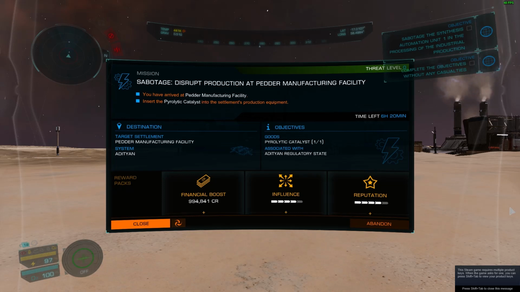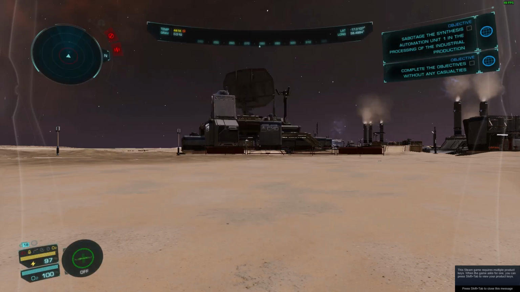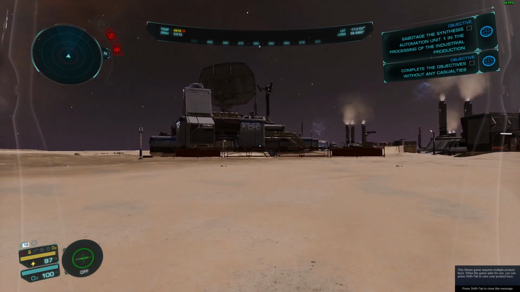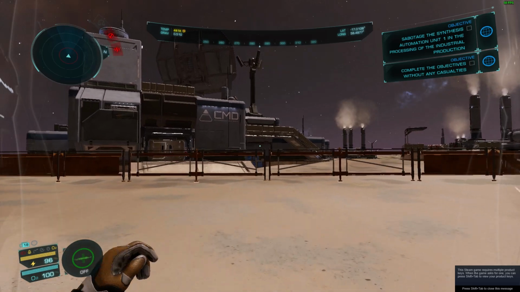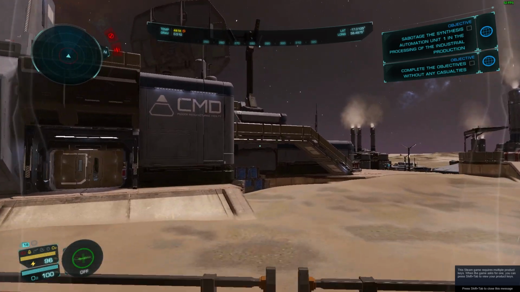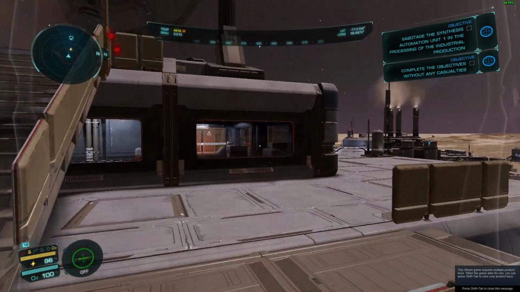Hello everyone. Today we're going to sabotage a manufacturing facility, but one of our objectives is that we are not allowed to kill anyone, so completely objective without any casualties. Because of this, it restricts what we can loot, as we can't just secretly shock people to death. First thing we need to do is get level 3 access because we need to turn off the alarms,